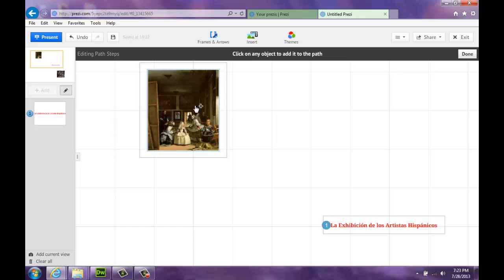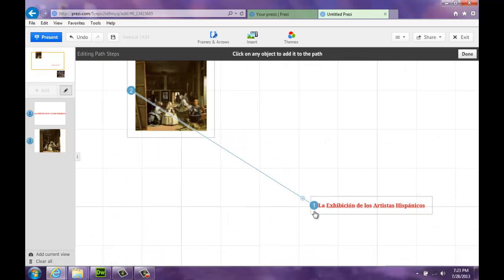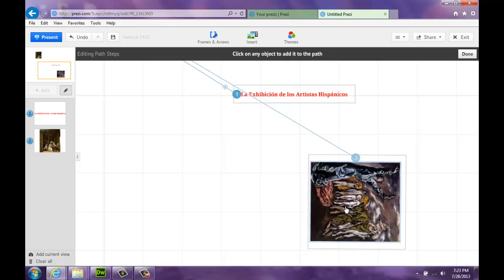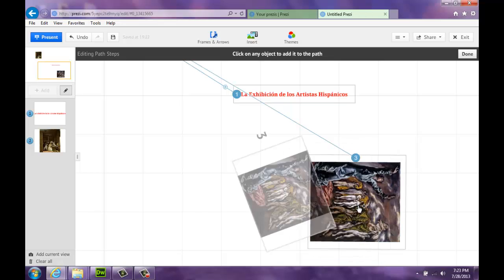Now I think I want Las Meninas to be the second one, so I'm going to click right in the middle of this one, and that goes to number 2. And you can see that there's an arrow, a line drawn straight from 1 to 2 to show you where the path is going to be zooming to. Now our last photo in our path on this Prezi is going to be this one, number 3, which is